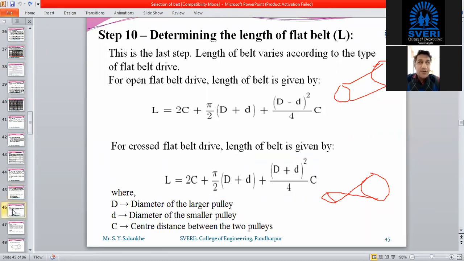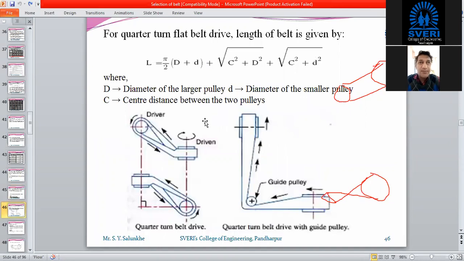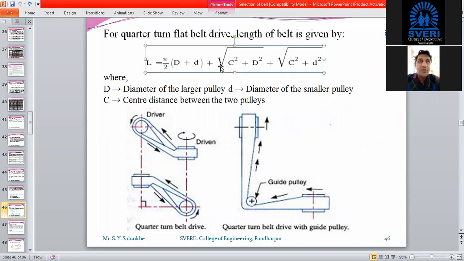But suppose we are going to use some other type of belts, or where power is transmitted through shafts which are non-parallel with each other, then in this case, what formula we have to use is this formula. That is, you are going to transmit power with some angular deflection, with shafts which are not parallel with each other and not intersecting also.